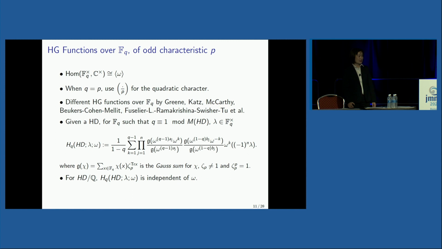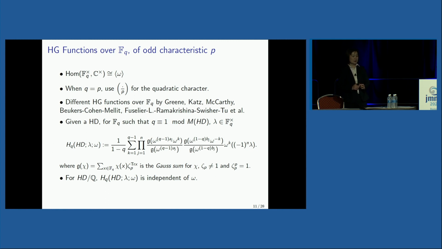So now let's talk about finite fields. For my talk, each finite field, F_q, will have size q and characteristic p, which is assumed to be odd. With such a finite field, the homomorphisms from the invertible elements to C form a cyclic group. I use omega as a generator. And for the base field, the prime field, q equals p, I use the Legendre symbol to denote the